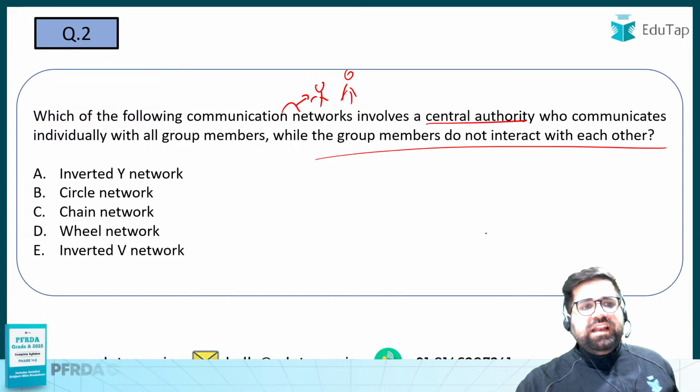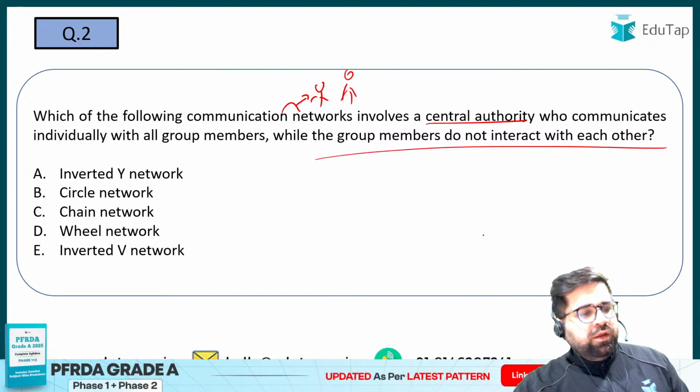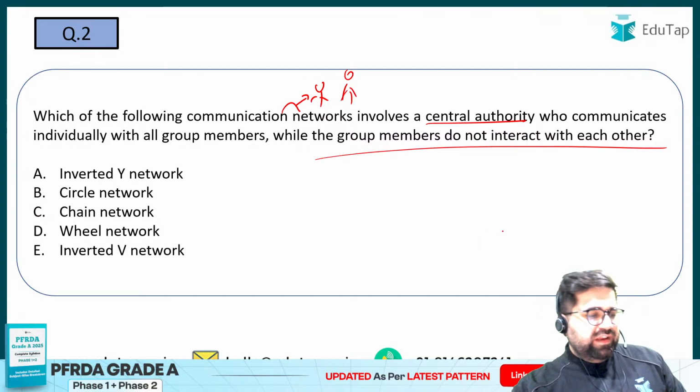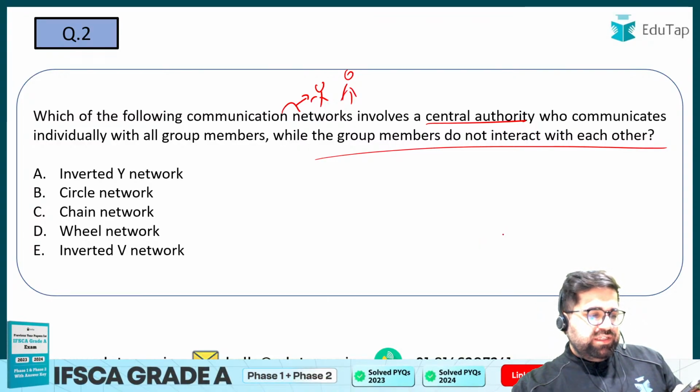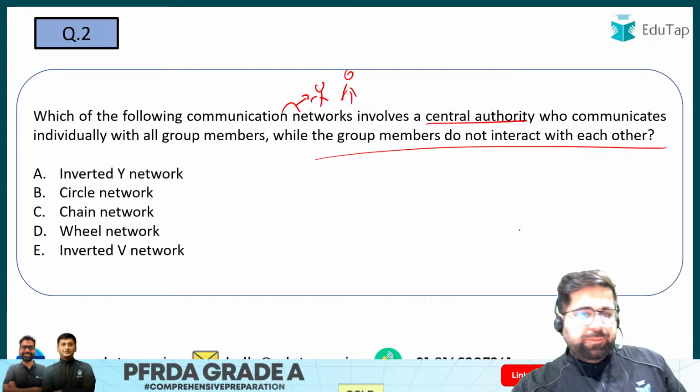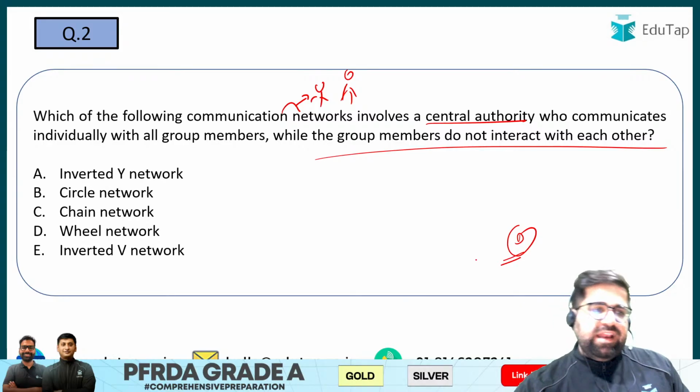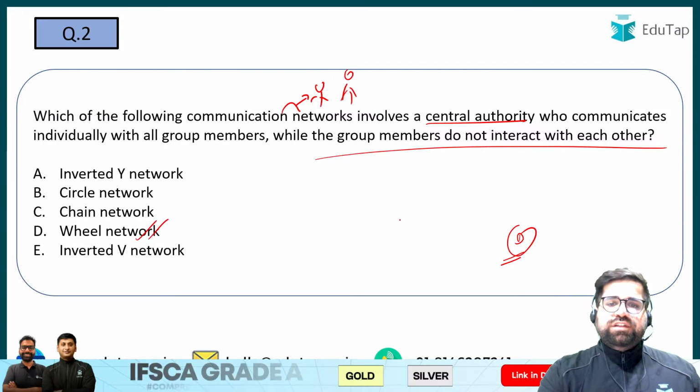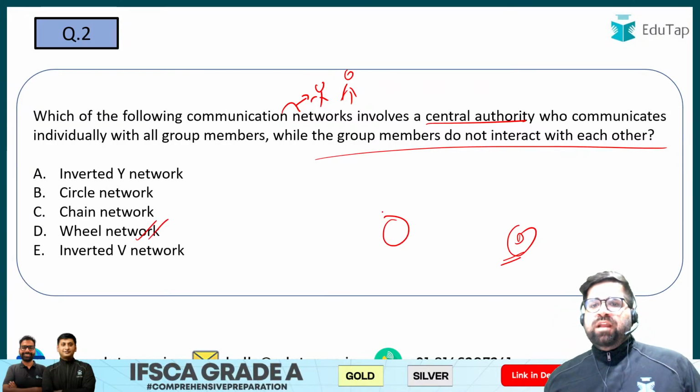So if you see, the correct answer over here will be option number what? Please let me know your answers, then I will reveal it. So I can see Prachi, Gudia and multiple people are going towards D. Yes, the correct answer will be wheel only, because under wheel there is a central party, and this central party